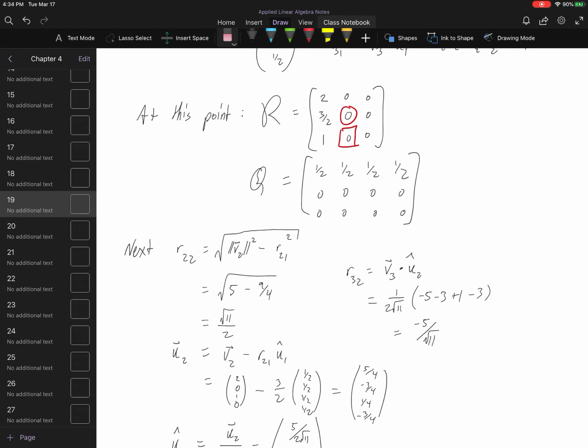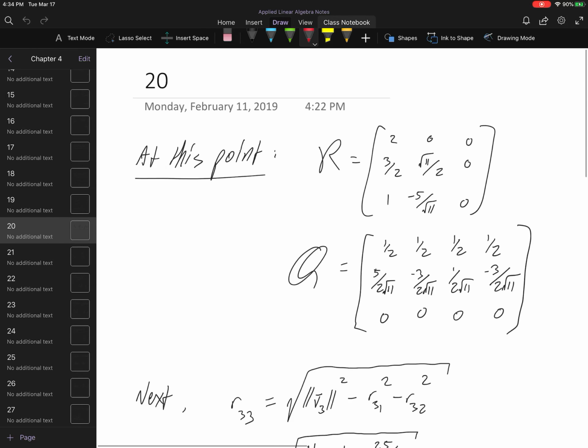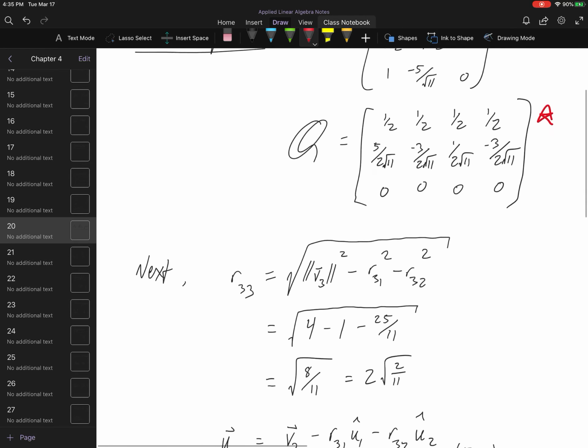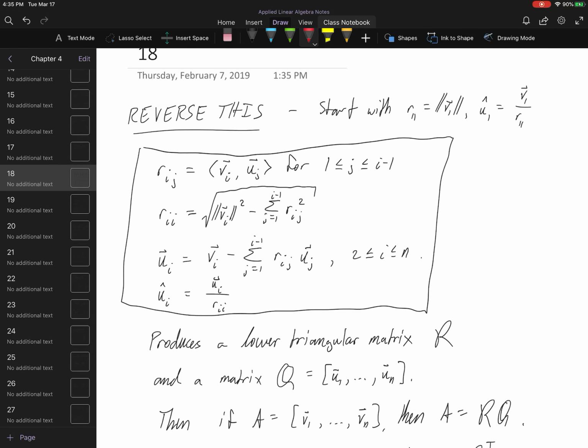Cool. So feel free to slow down the video and go back and slow me down, like put me at half speed if you feel like it. But the point is for you to follow along with the computation, which at this point has filled in most of the R matrix and all but one row of the Q matrix. So for the last step, I have to figure out what is in this last diagonal element of the